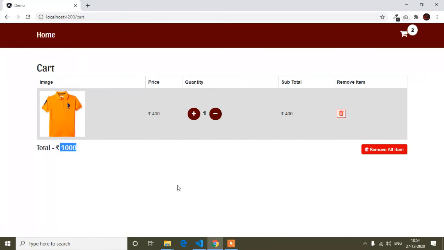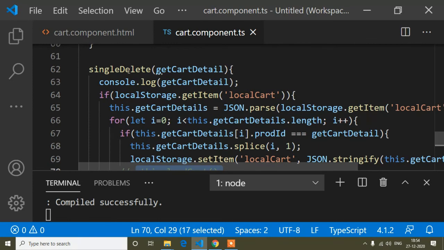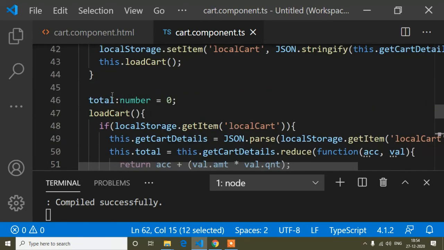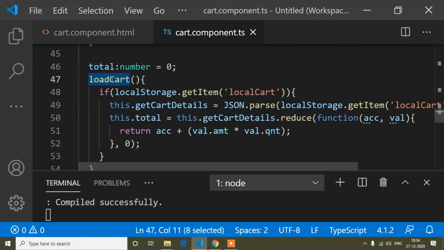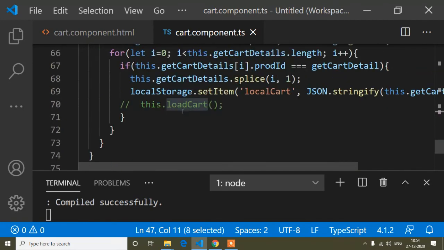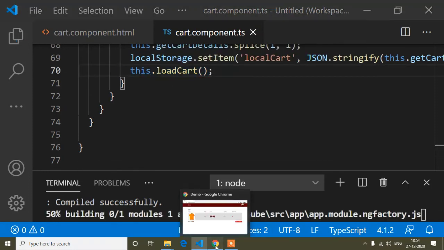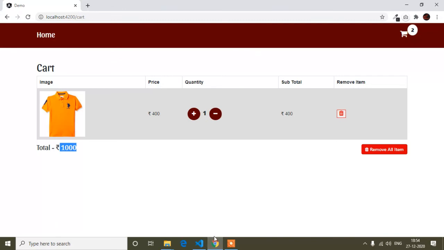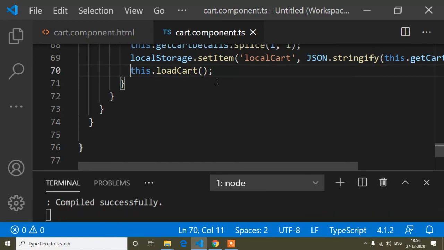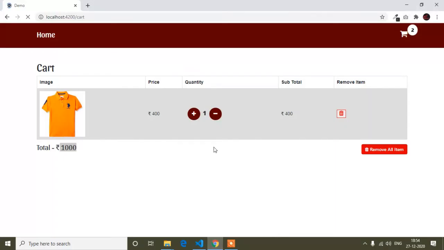If I remove, you can see the product is removed, but the total is not deducted, because when I'm clicking this, the function in which I have written the calculation of this total is not being called here. So for that, I have to call this function as a callback. So when I remove, the total function will be called again, and it will calculate the total again. That's why when I remove or add, the total will be calculated. Okay, so that's why I have to use this as a callback function.